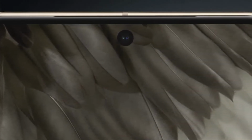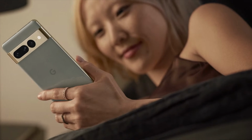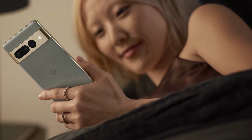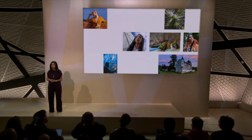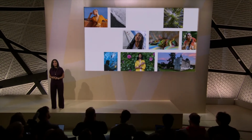Now being the Pro device, you are going to have some features that you don't get on the Pixel 7, such as 3 cameras instead of 2. So here we're going to have the wide, ultra wide and also a new telephoto lens. You are going to be getting the same ultra wide front facing camera though, and it does also allow for face unlock. Now they did talk about this mainly when they were talking about the 7 Pro, so I'm not sure